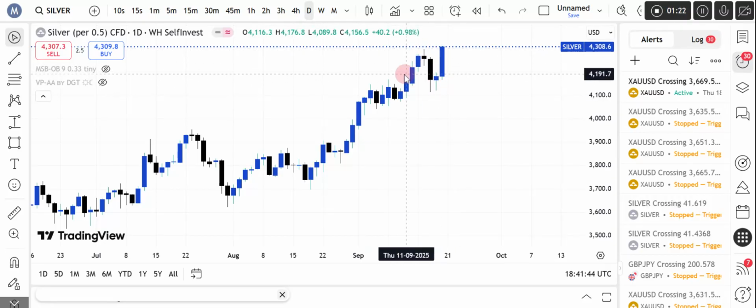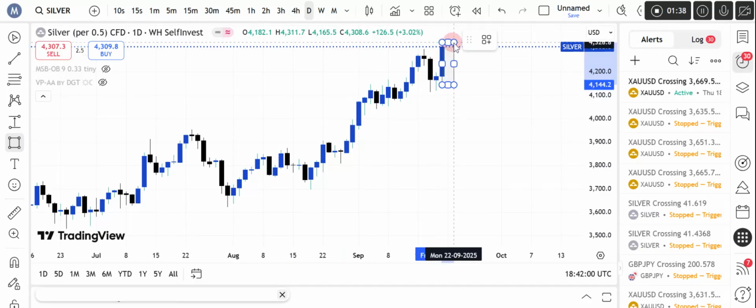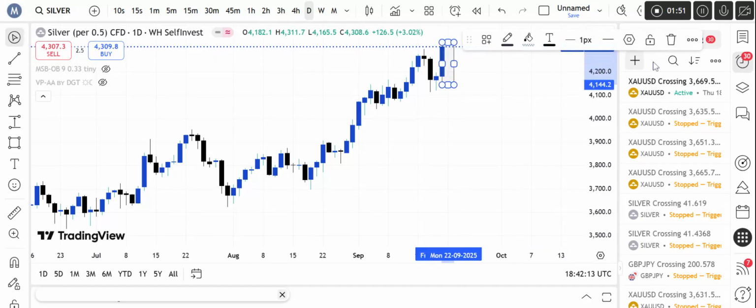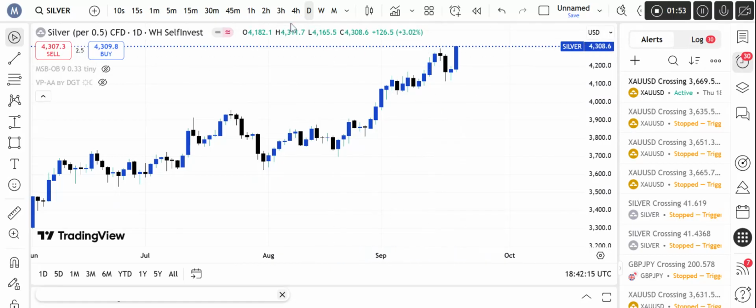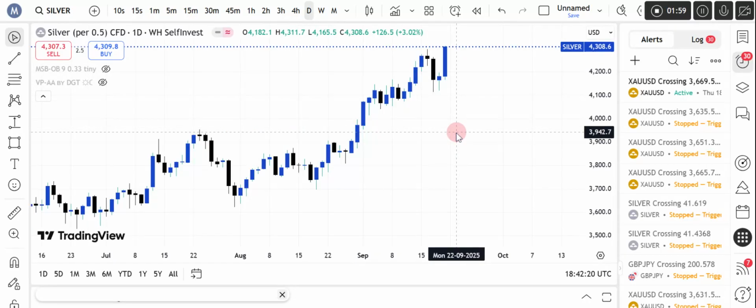So anytime you see this kind of retest on the daily time frame, it means there must be a heavy push up. You can see that huge one there, and that big one here. When there is this retest, I already cut all of these retests, this correctional movement. You're going to see it properly on the 4 hour time frame, but let's quickly start from the daily time frame.